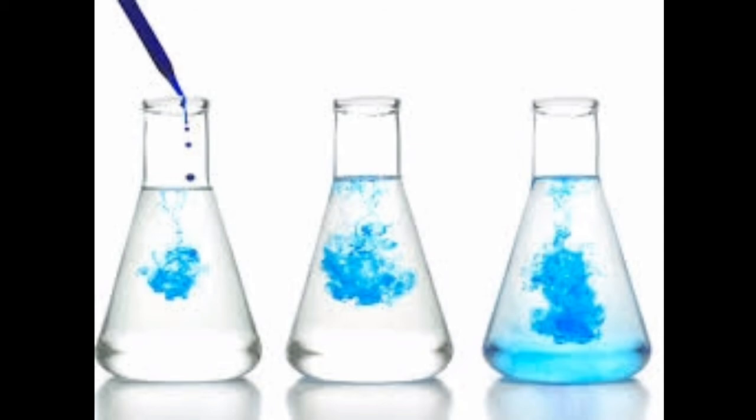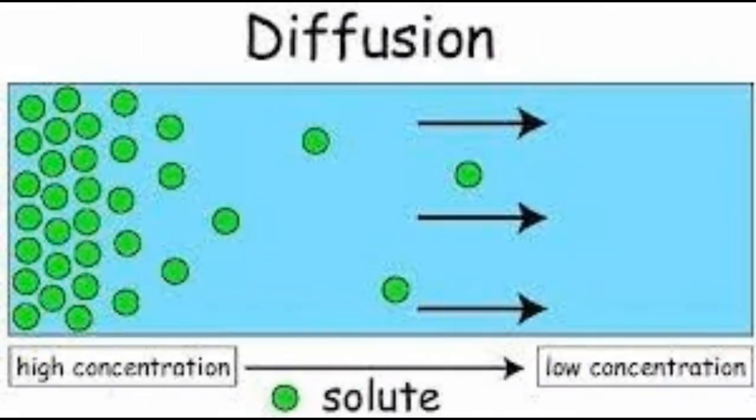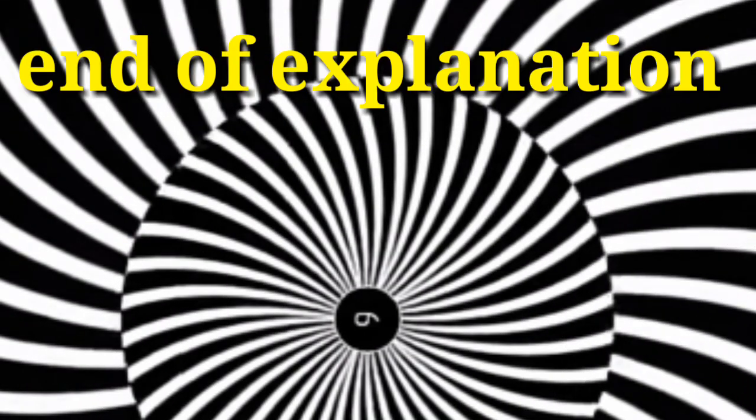So, if we take water in a glass and with the help of a dropper, we add 2-3 drops of blue ink in it, you'll observe that slowly the blue ink mixes in the water and makes it blue. This is due to diffusion of blue ink in water. So, any solid, liquid or gas, when it tries to get distributed uniformly in another gas or liquid, is called diffusion. See, this picture shows diffusion. It goes from higher concentration to lower concentration and gets mixed wholly.